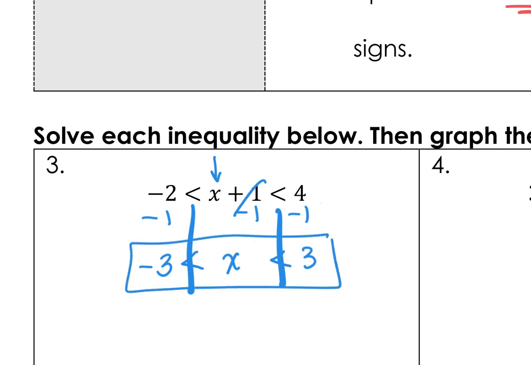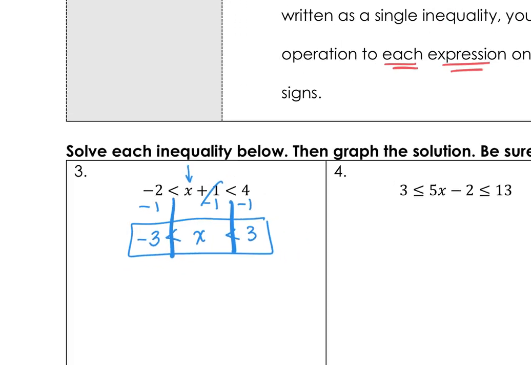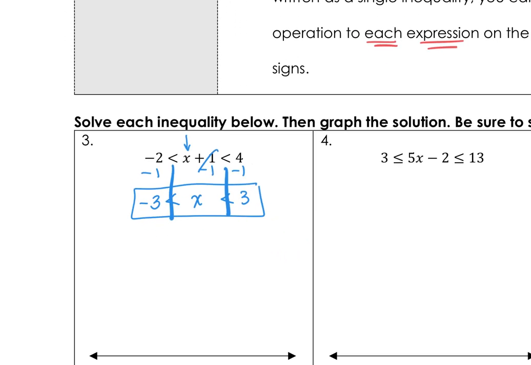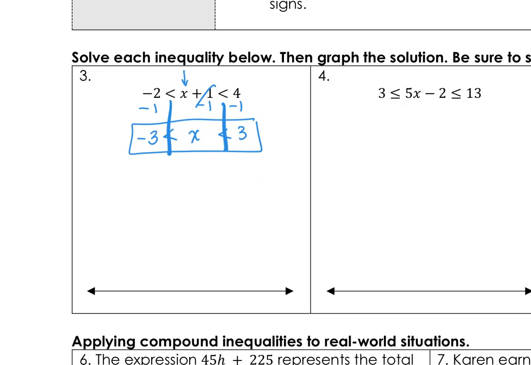And now I have my answer in that condensed form because I was able to solve it using that condensed form instead of two separate inequalities and then having to put them back together. So now when I graph this,